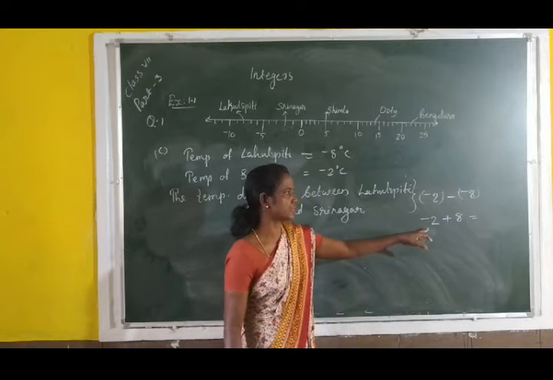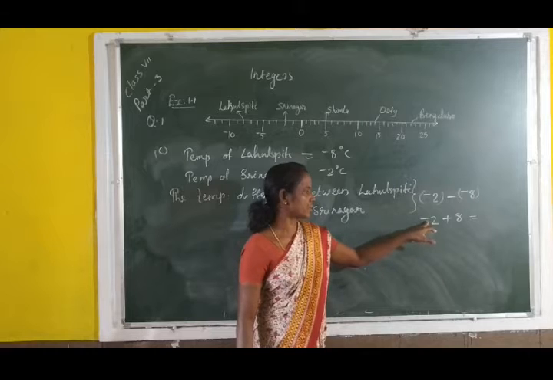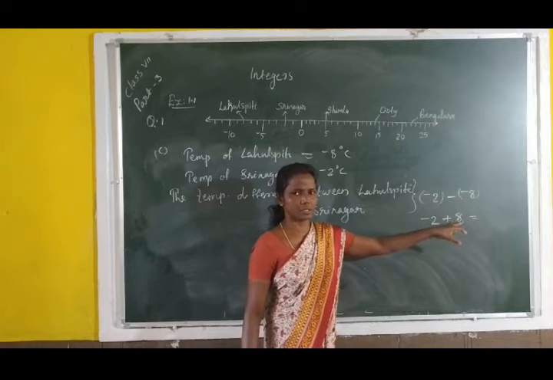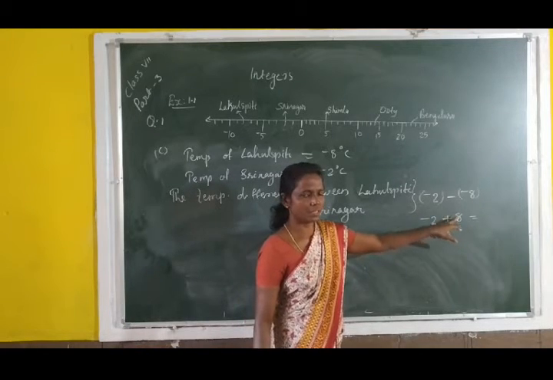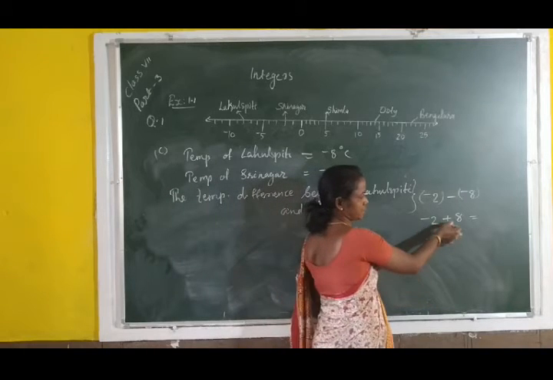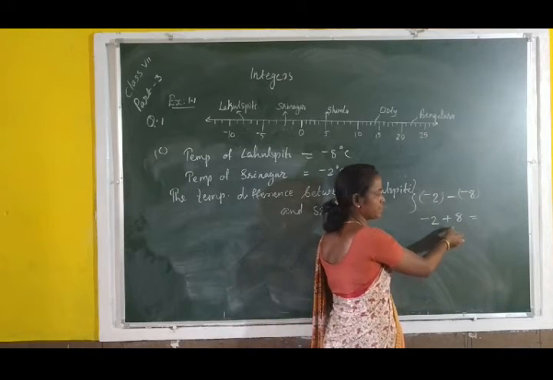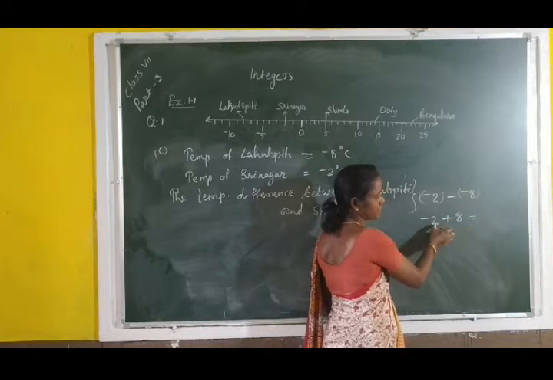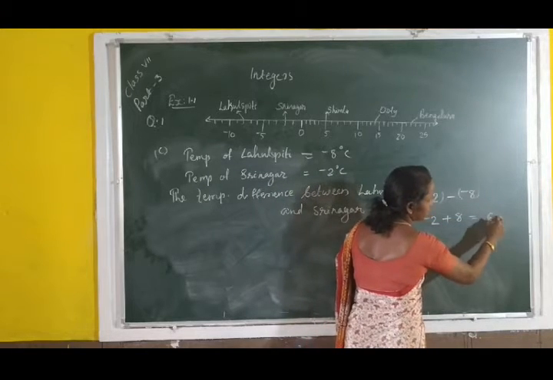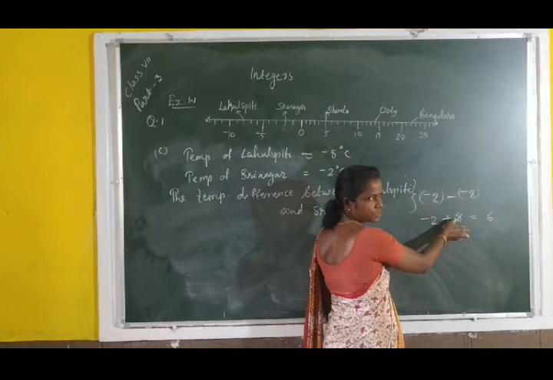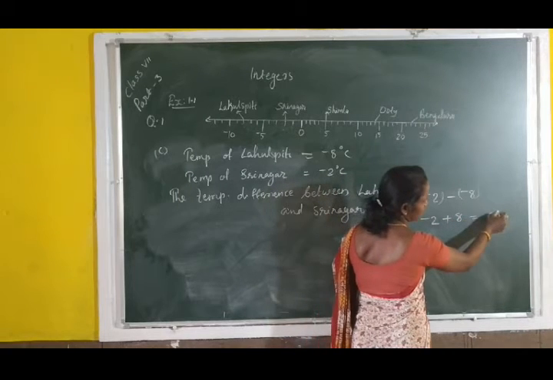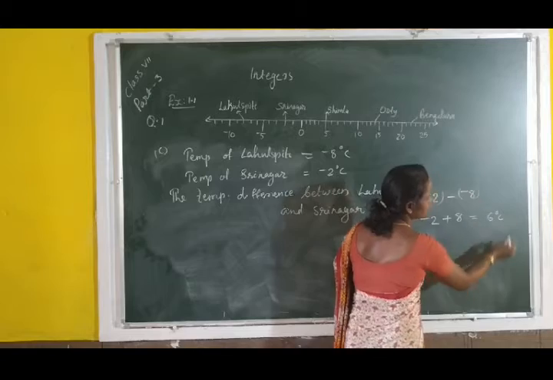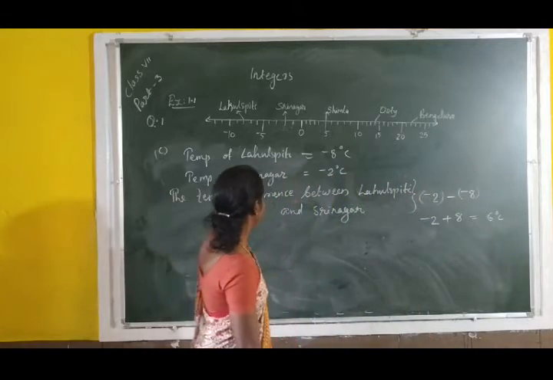Negative 2 plus 8, the signs are different. This is negative 2 and this is positive 8. So subtract these numbers, find out the difference, and take the sign of the bigger number. Here what is the difference between 8 and 2? 6. And it is positive, as the bigger number is positive. So the answer is positive 6 degree Celsius. The next